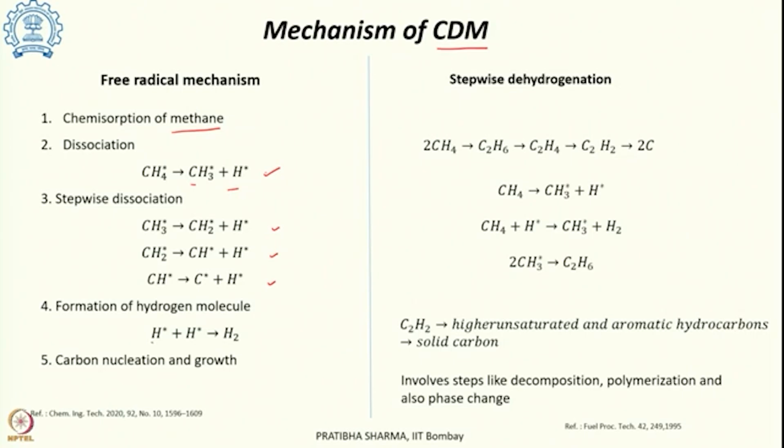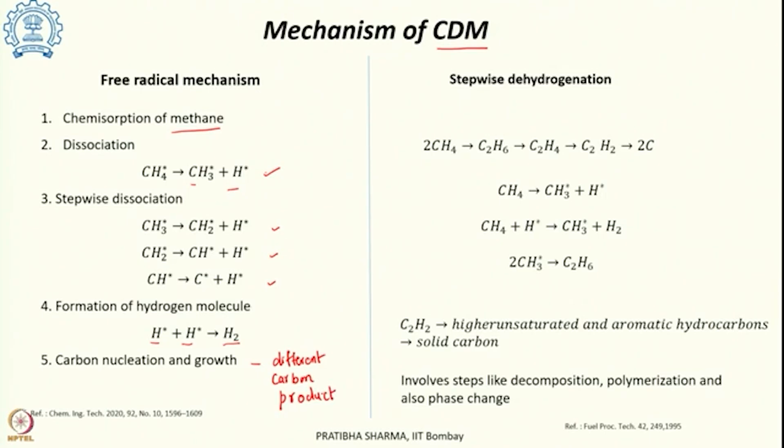Now these hydrogen radicals combine to form a hydrogen molecule, and that gets released or desorbed from the surface. Thereafter the carbon which is formed in the process undergoes nucleation and growth, resulting in different forms of carbon. Different carbon products are obtained in the process, and that all depends upon which type of catalyst we have